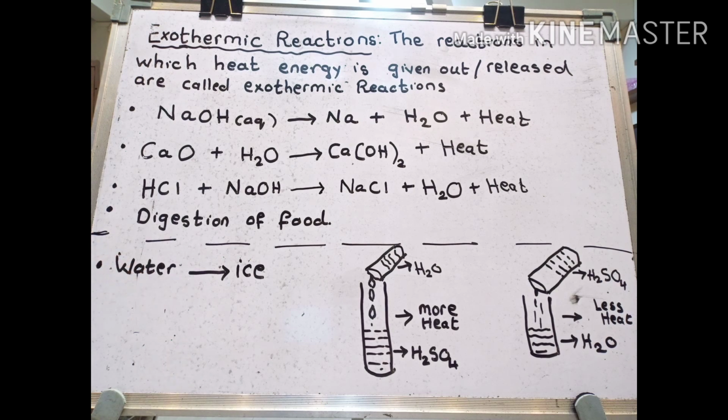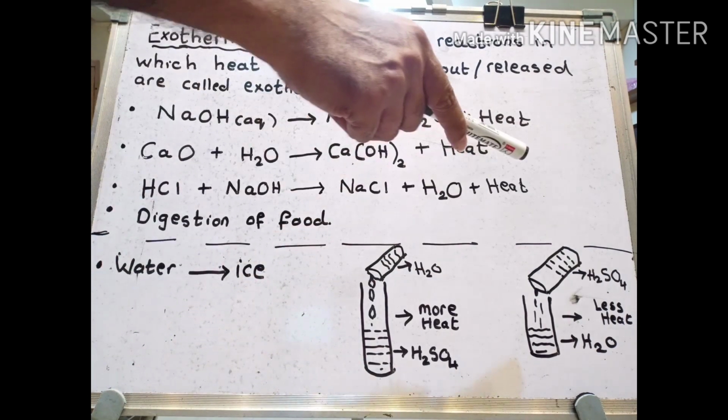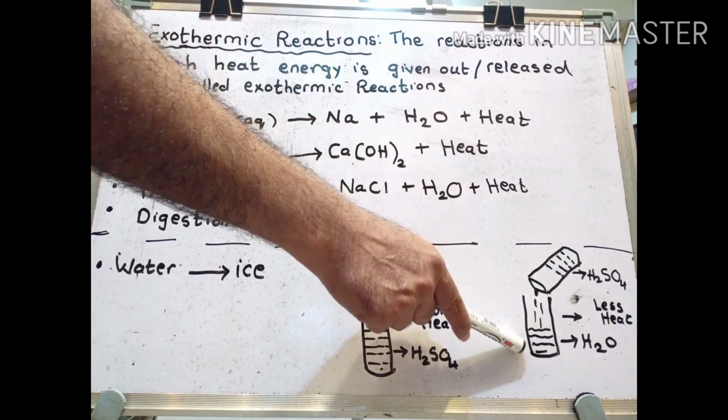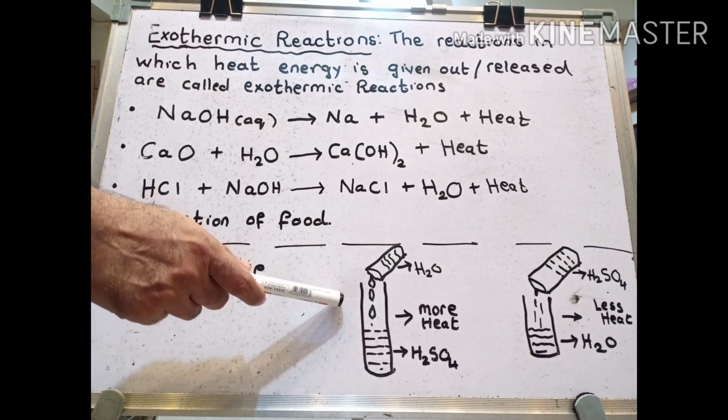Now students, there is another physical process. They could ask you this in give reason. This is basically the process of diluting concentrated sulfuric acid. Right? Now there are two ways by which you can dilute concentrated sulfuric acid. Either you pour water into sulfuric acid or you pour sulfuric acid into the water. Now there are two things. Now let me explain to you this process.